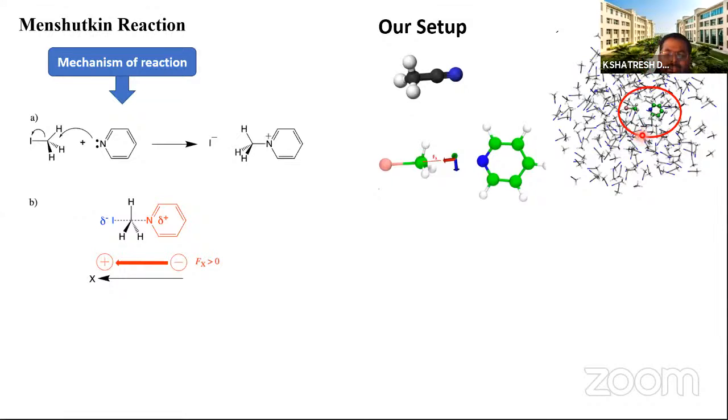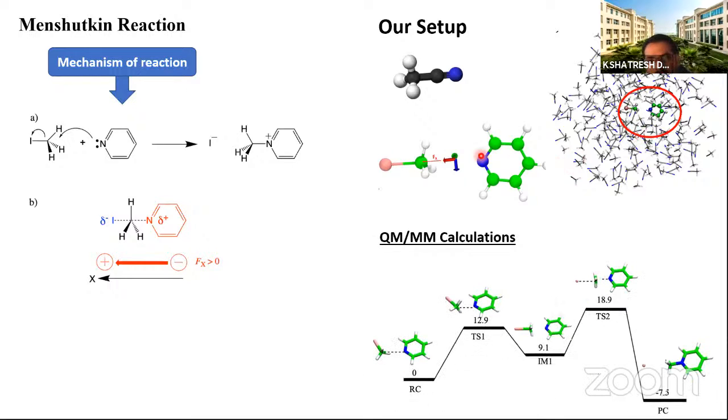Initially, I calculated the barrier of this reaction. Using hybrid QM/MM calculations, I found that the barrier was around 19 kilocalories. Using DFT calculations with Gaussian, we also calculated the barrier in the gas phase, and it was around 28 kilocalories. It means that even this unorganized solvent is catalyzing, because in the gas phase the barrier was around 28 kilocalories, but in the solvent, acetonitrile, the barrier was around 18.9 kilocalories. So this is actually catalyzing the reaction.